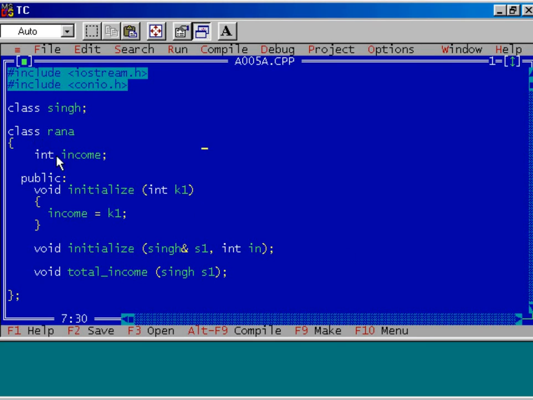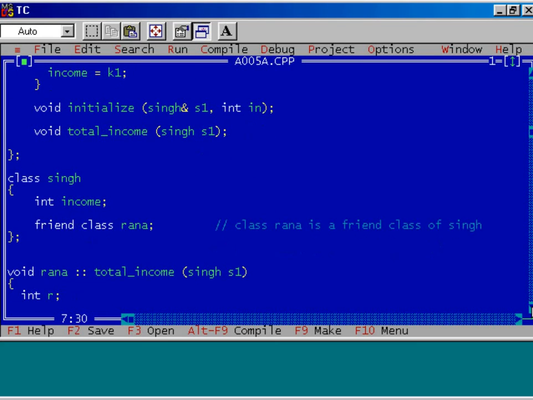This is the class Rana, in which there is one data member, namely income, and 3 member functions, out of which this initialize member function is an inline function, while other 2 are non-inline functions. So this initialize and total income, they are non-inline functions.